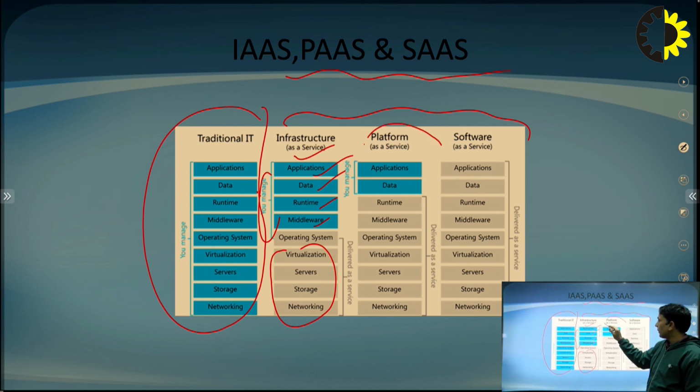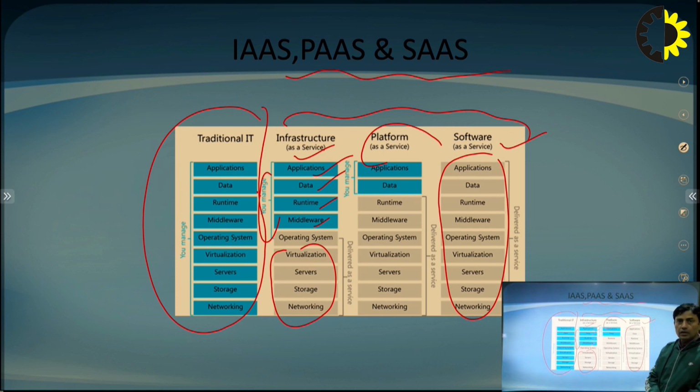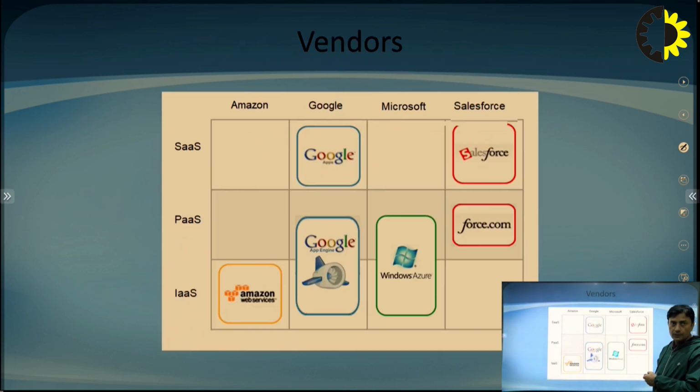Similarly, in platform as a service, you can manage the application and data. But the middleware as well as the hardware can only be managed and controlled by the cloud provider. As a SaaS user, everything is delivered in terms of services, in terms of web services. So there is no control of the consumer on any of these resources.